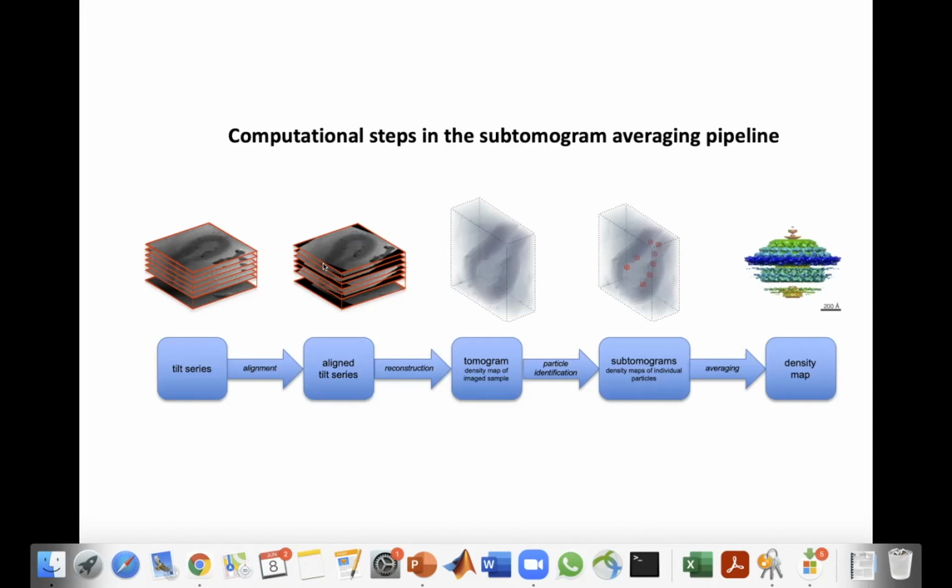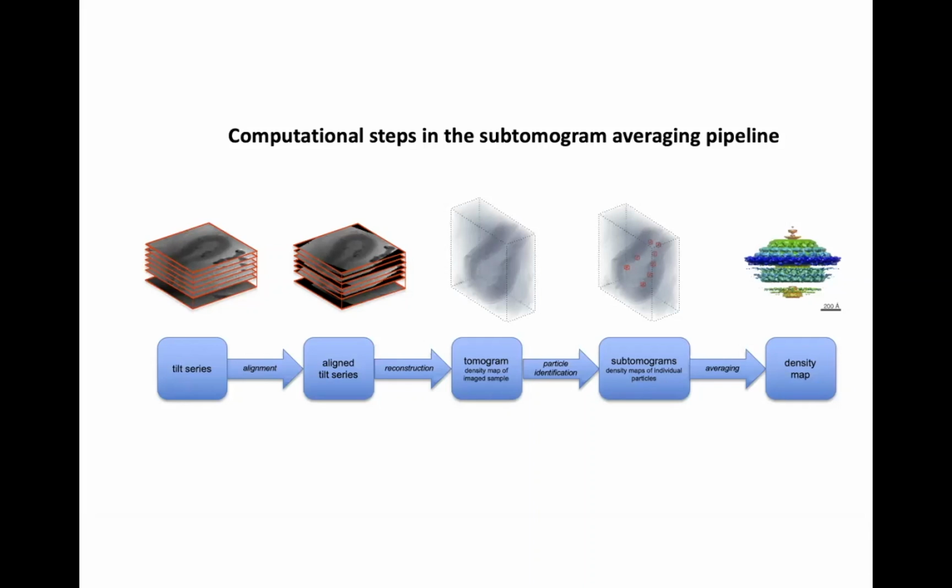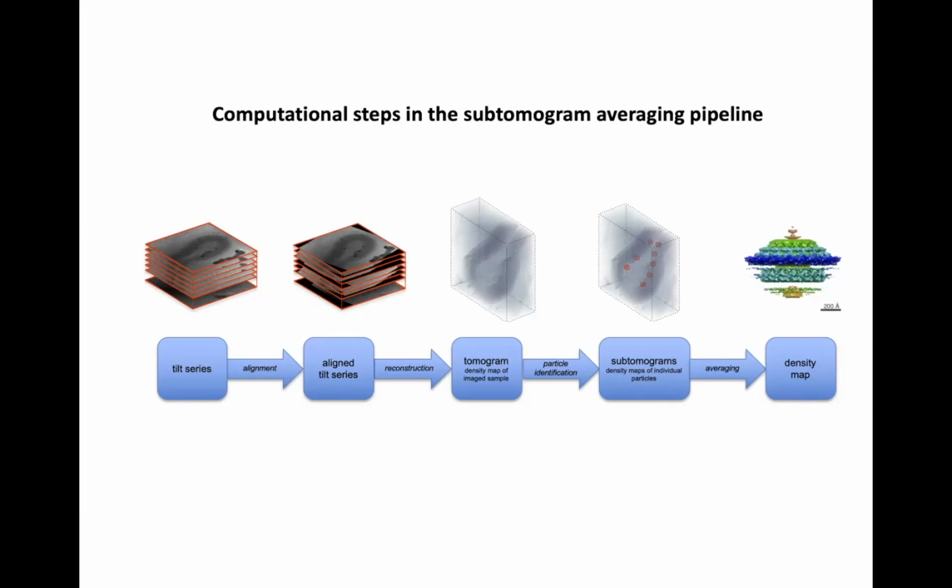The aligned tilt series is still a stack of bidimensional images related by geometrical transforms that you have to find, or that have been already defined in the previous step. But you still need to create a reconstruction in 3 dimensions, what we call the tomogram. In the tomogram, we need to locate the particles of interest, which we call the subtomograms. And once we have access to them, we align, average, and classify them, and produce our density map or family of density maps. That's what I call the classical